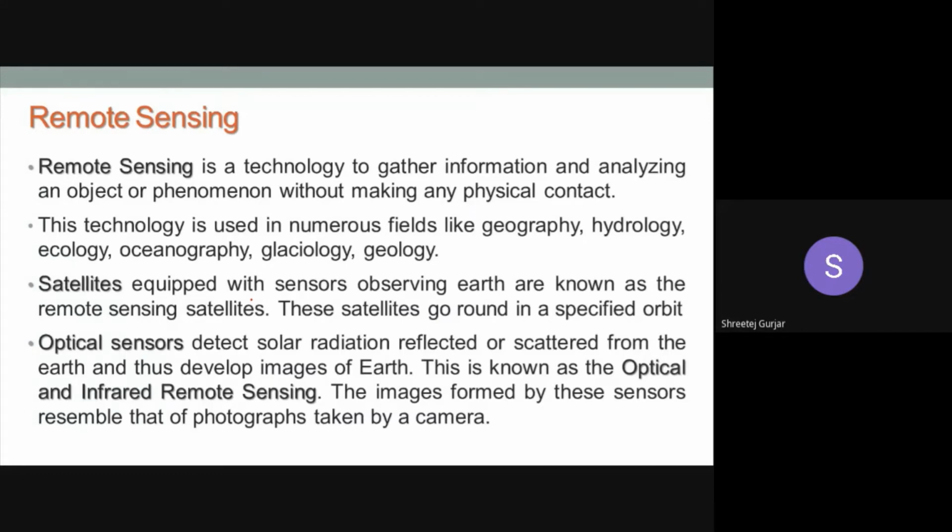So remote sensing is a technology where we gather information and analyze the object or any phenomenon without making any physical contact with that particular object, right? So remotely we are taking the data or we are analyzing the things. So that is meant by remote sensing. So that is the basic idea, right? Remote meaning it is taken from far away, not getting in contact. And sensing is getting data or analyzing or gathering information. Okay, so that is meant by remote sensing. So I hope you have understood what is meant by remote sensing.